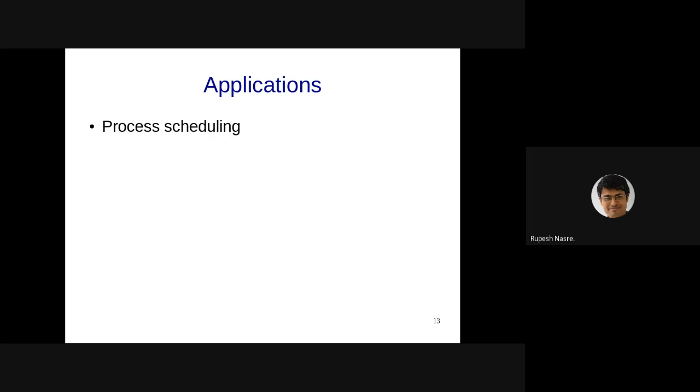If you have single core, then you do a delete max and schedule it. Once it is over, then you do another delete max. If it is multiple cores and you can schedule multiple processes, you can perform multiple delete max equal to the number of cores. Right? There is another application which is finding the kth maximum. This can be quite useful in some applications. You are given a bunch of elements, and I'm not interested in finding the maximum, but I'm interested in finding the kth maximum.